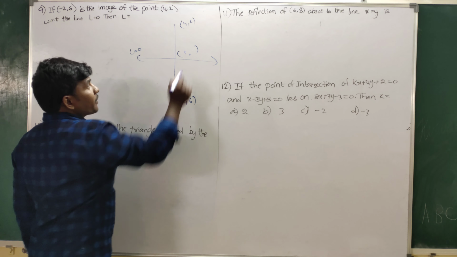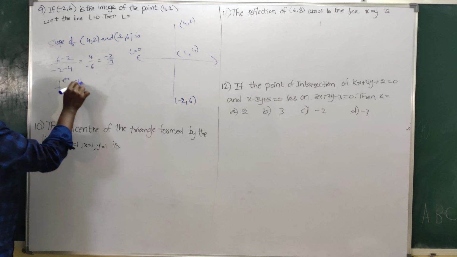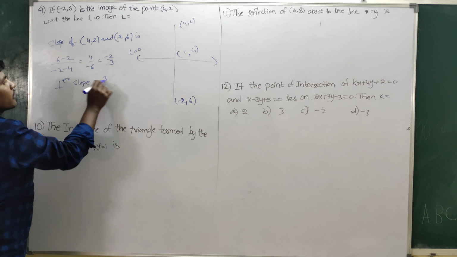Then the slope of the points is (6 minus 2) by (minus 2 minus 4), that is equal to 4 by minus 6, minus 2 by 3. Perpendicular slope is 3 by 2. Required line is